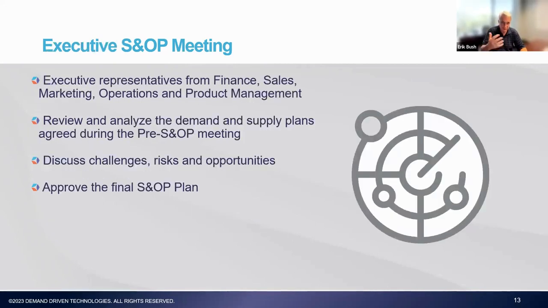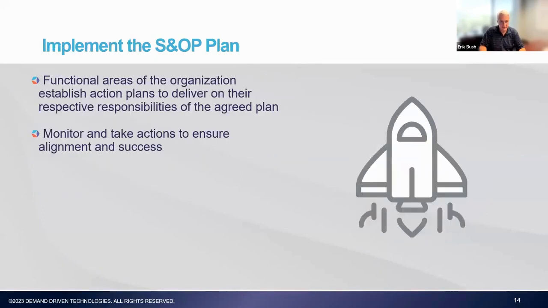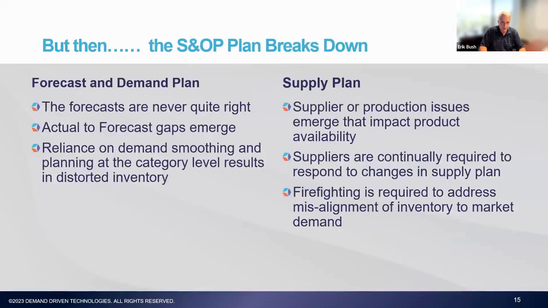At the end of the process, we're going to take it to our executive team and get their buy-off or validation that the plan is in fact ready to go. And this is what we're going to operate against. Sometimes there will be targets issued into the organization and key metrics that people are going to be chasing to help bring this plan to life. There will be estimates, variances to budget, all these other factors on more of the financial side that I'm not going to spend time on today, that come out of this activity. Then we go implement and we try to drive what we think is the way it's all going to work out as we go forward from there.